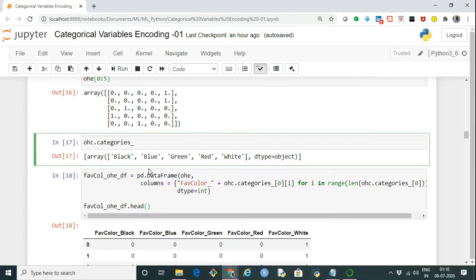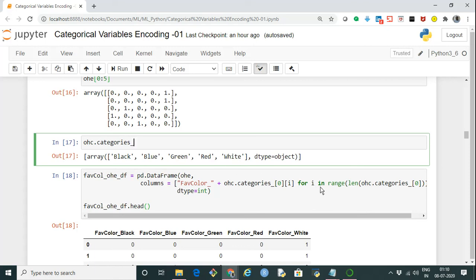Now this two-dimensional array we can convert into a data frame. Let's see, pd.DataFrame, we are passing OHE, which is the two-dimensional array. Now I'm passing the column names. The column names should be what is appearing here. Either we can directly pass it, or we can use a list comprehension and loop through each of the values.